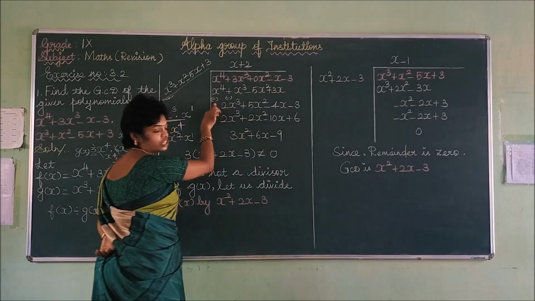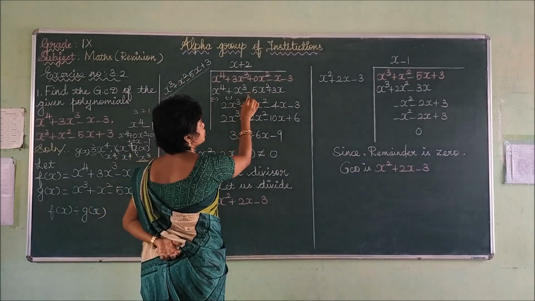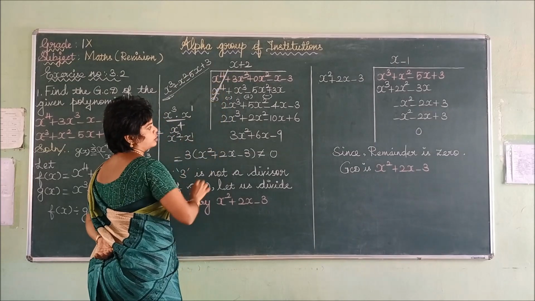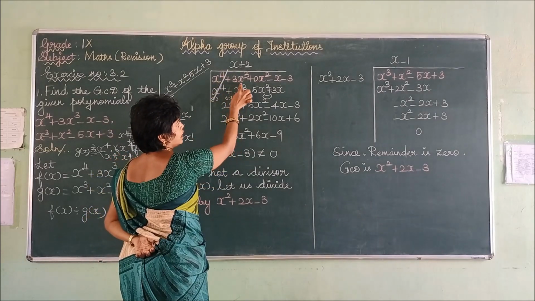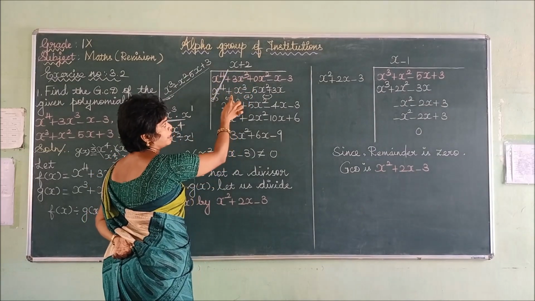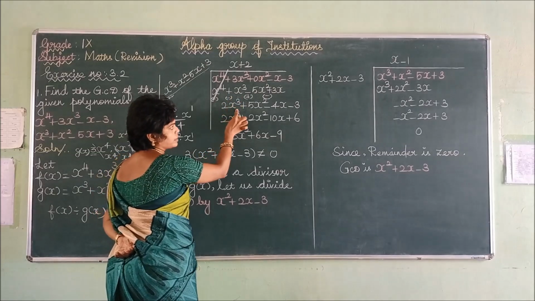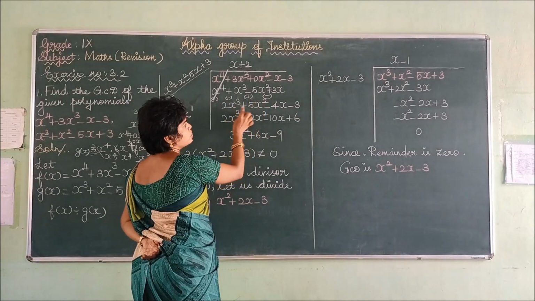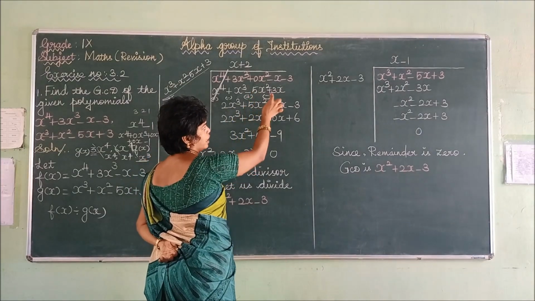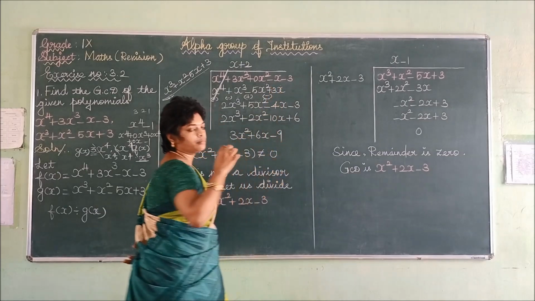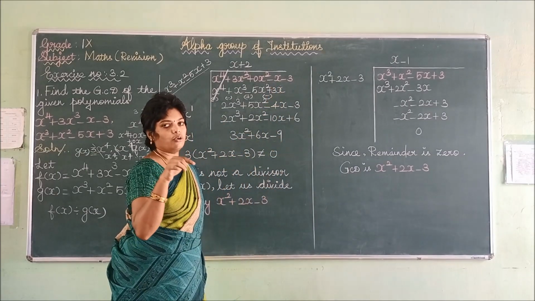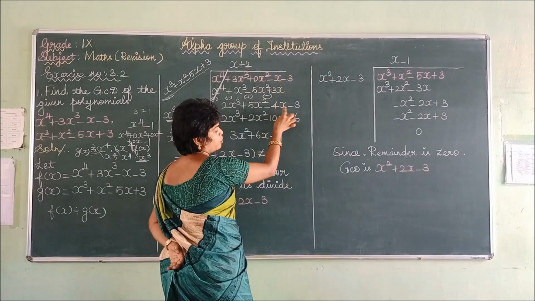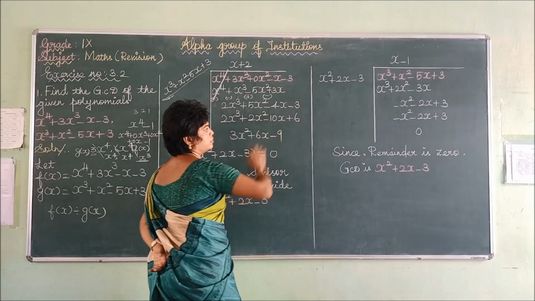Now you can change the sign. If it is plus, change the sign to minus. If it is minus, change it to plus. So now I am cancelling these two terms. What is the remaining value? 3x cube minus x cube. 3 minus 1 is 2, so 2x cube. Then here plus 0x squared, here plus 5x squared, so 0 plus 5 is 5x squared. Minus x minus 3x: if both are minus, you add the coefficients. So 1 plus 3 is 4, minus 4x, minus the constant term 3.